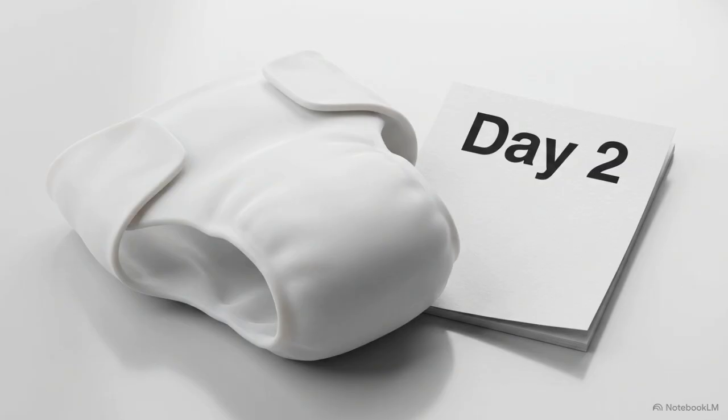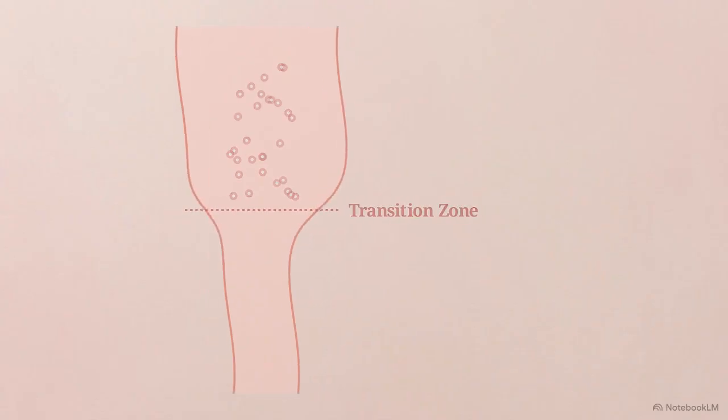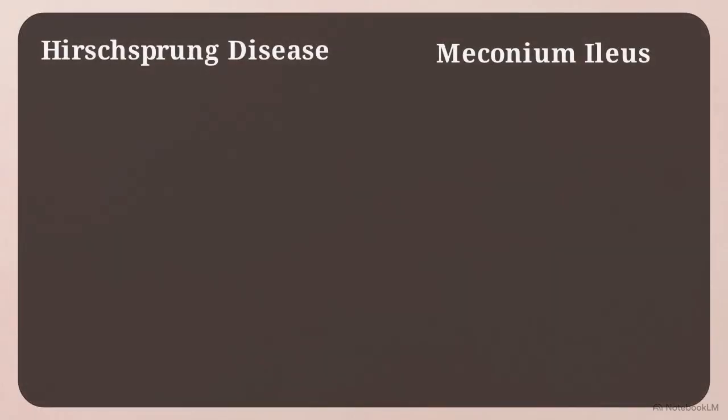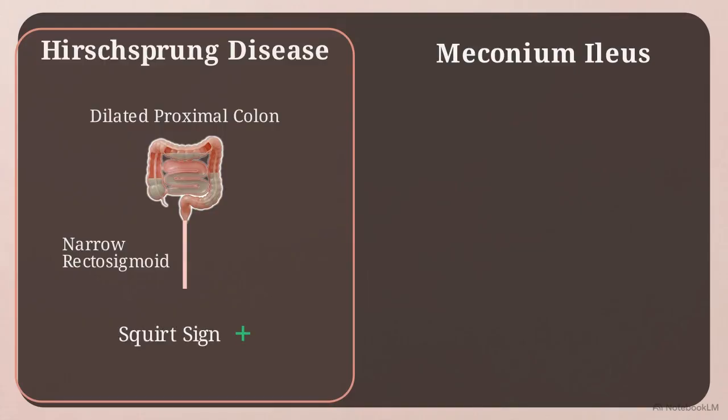The second major neonatal presentation is the failure to pass meconium within 48 hours of birth. Hirschsprung disease is caused by a failure of neural crest cell migration, leaving the distal colon aganglionic and unable to relax. This two-column chart compares Hirschsprung findings against its primary mimic, meconium ileus. Column 1 shows the narrow rectosigmoid and dilated proximal colon typical of Hirschsprung, which also features a positive squirt sign